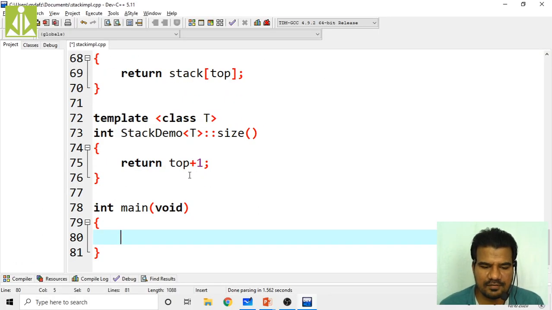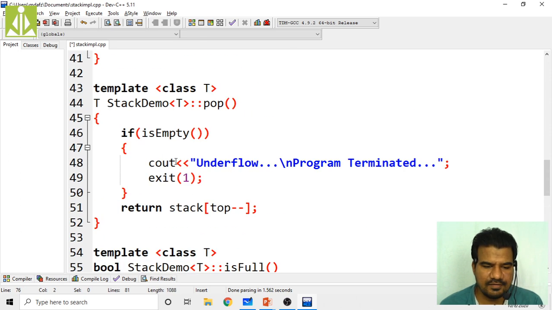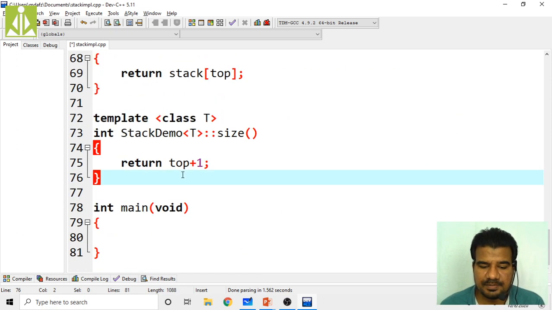After this peek and after this size, I will write this operator precedence function. Like a normal function only I will write it. No need to add that function inside the class. So simply I will add it like a regular function.